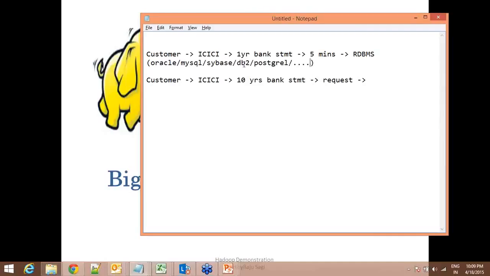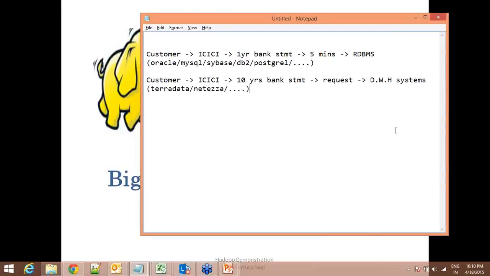But in the second scenario, when the customer requested historical transaction statements, he cannot provide them immediately. Why? Because this historical data, like 20 years, 30 years, 50 years, 100 years, whatever the volume or period of data available, will sit in backend systems, what we call data warehouse systems, like Teradata or maybe Netezza. It could be any warehouse system. So this person has to raise a request to these warehouse systems.